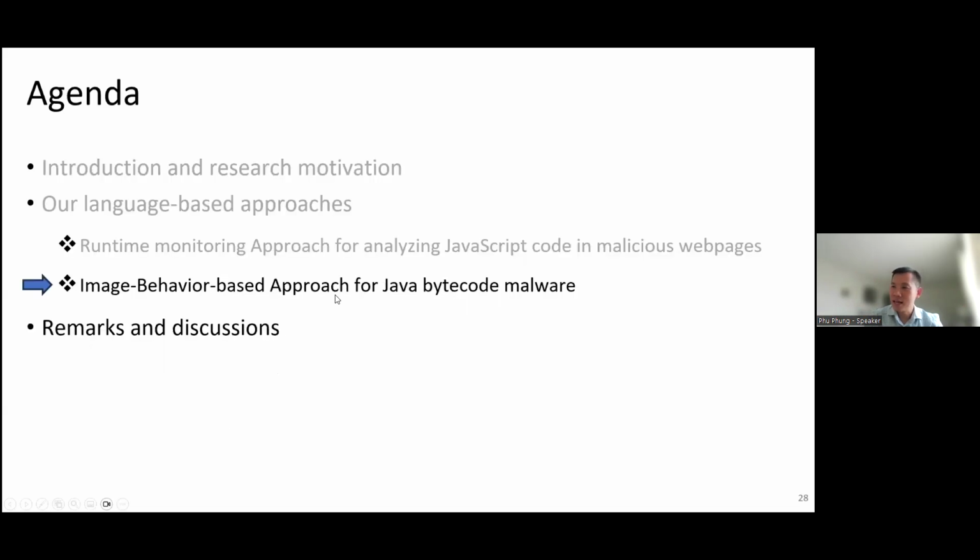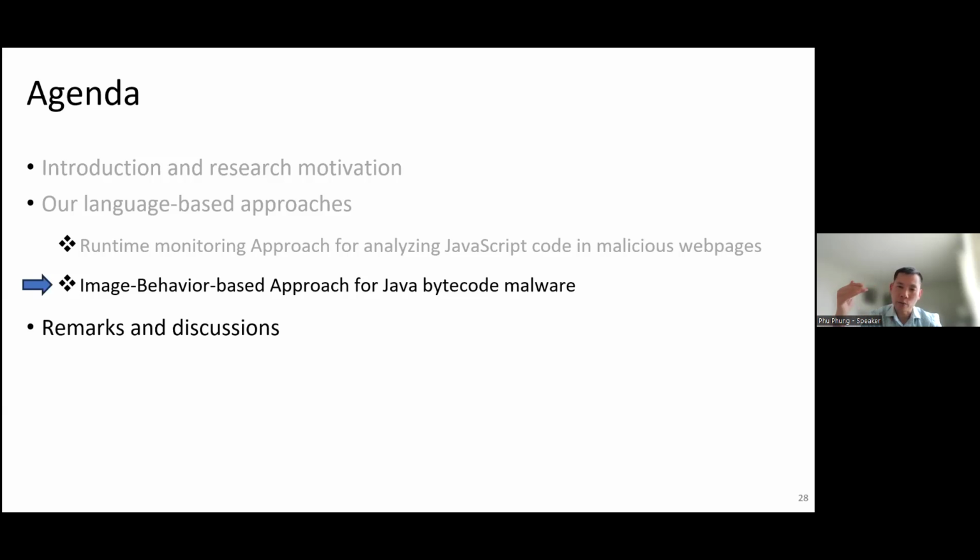Next, I want to highlight, maybe just for a few minutes, another similar work that we did before, and this work was already published a couple of years ago.